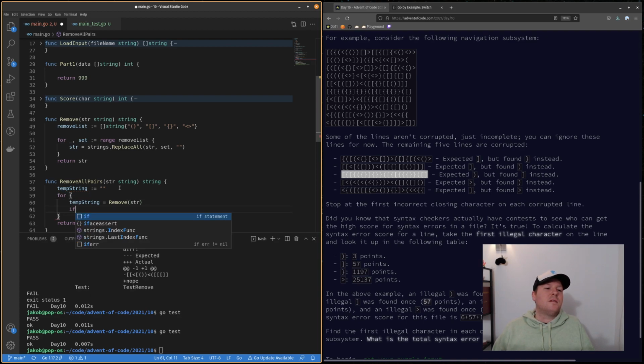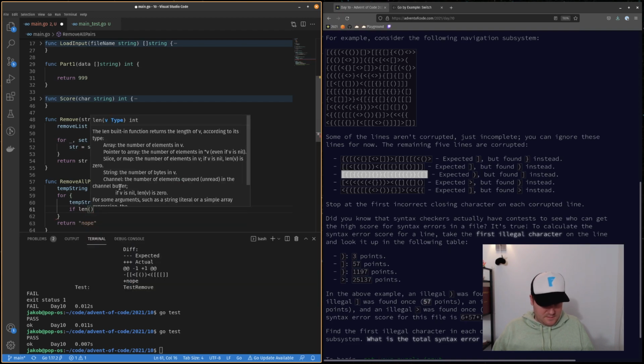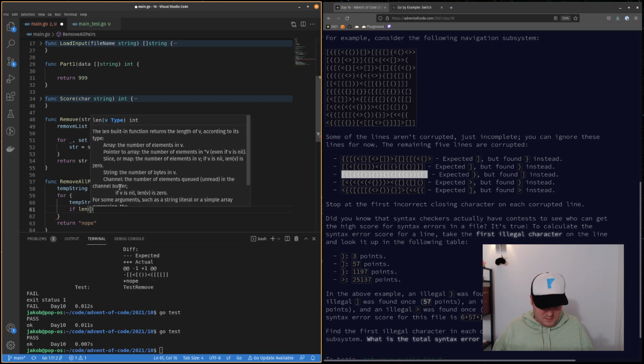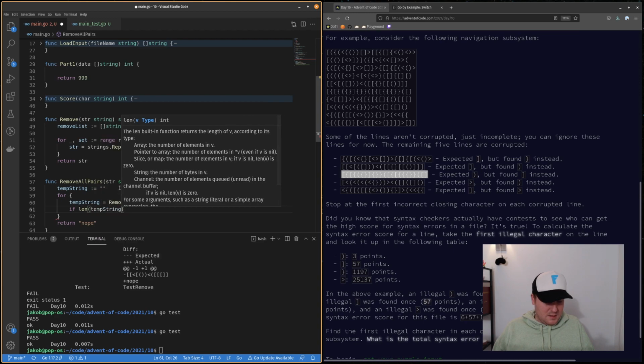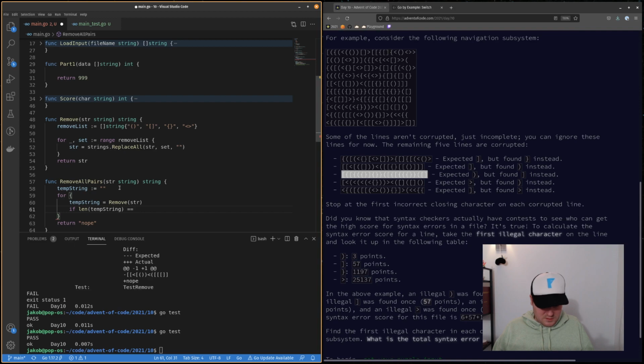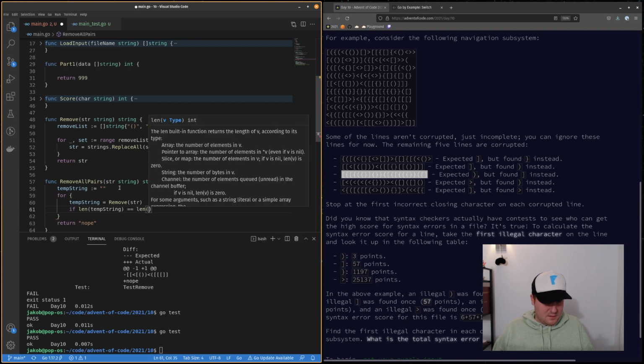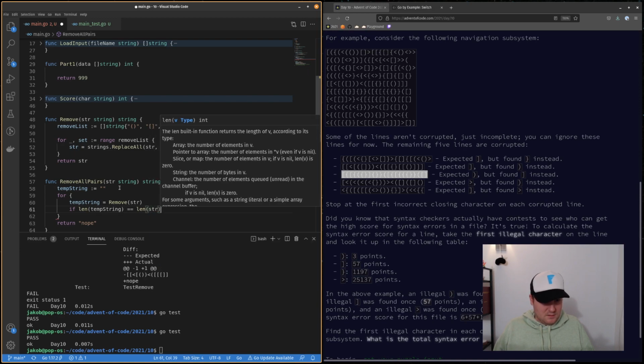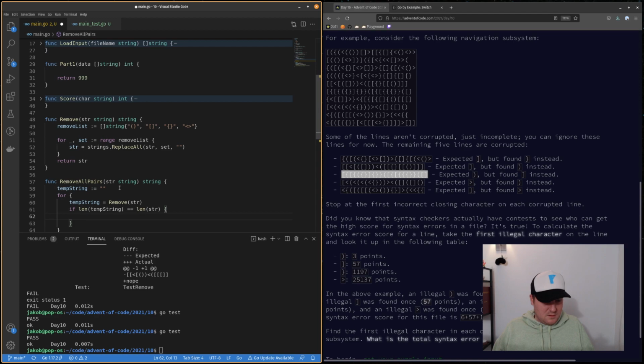And if the length of temp string equals the length of string, then